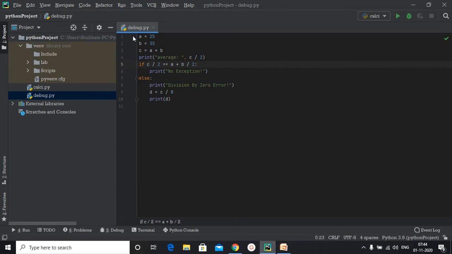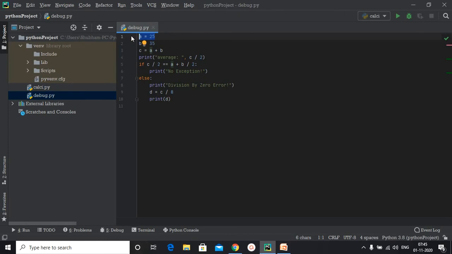So if I want to initiate my debugging from line number 1, then I can put my breakpoint at the first line. If I want the debugging to begin from line number 3, then I can put my breakpoint at line number 3. Now how can I put this breakpoint? It's quite simple. You just need to click on the empty space between the number of the line and the statement which is actually typed on the line.